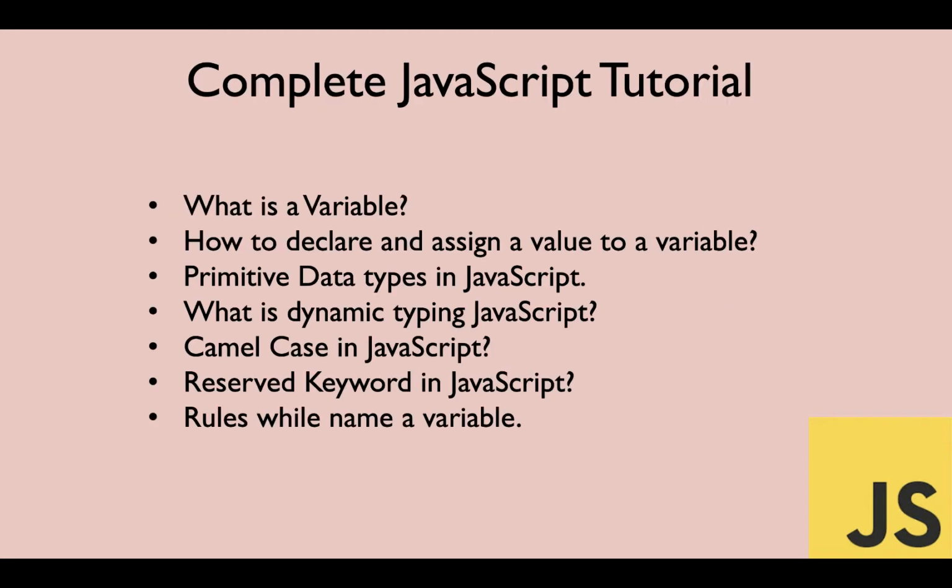In this video we'll cover the below topics: what is a variable, and how to declare and assign a value to a variable. Then we'll talk about primitive data types in JavaScript. We'll also see what dynamic typing is in JavaScript. And we'll cover a bit on why exactly we use camel case and how to use it. I know it's already common for those who know other languages, because it's quite a common way in which we declare, or name, a variable. So it's common across languages, but I'll cover it in a short description. And then we'll cover reserved keywords in JavaScript, and also the rules